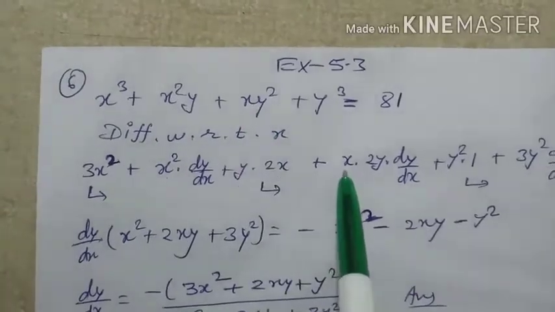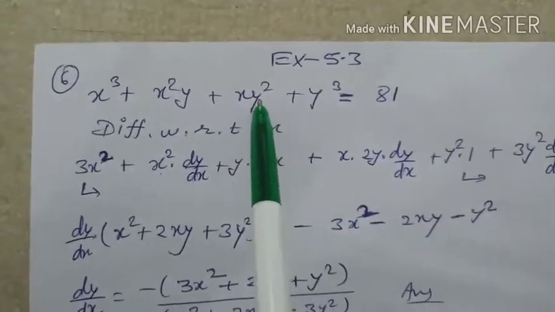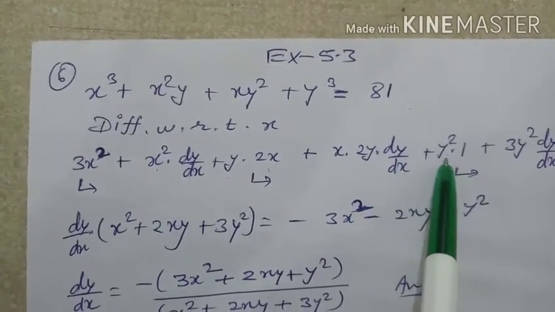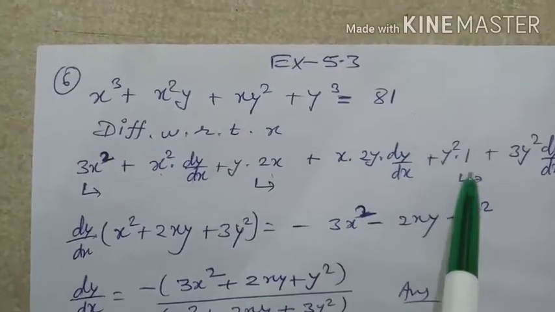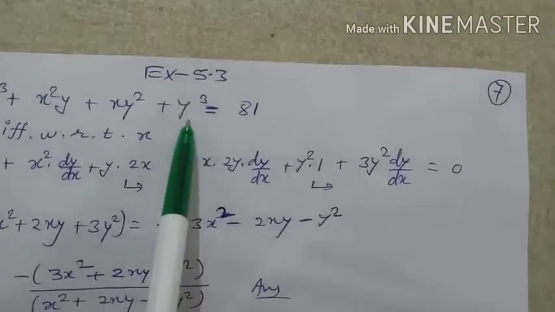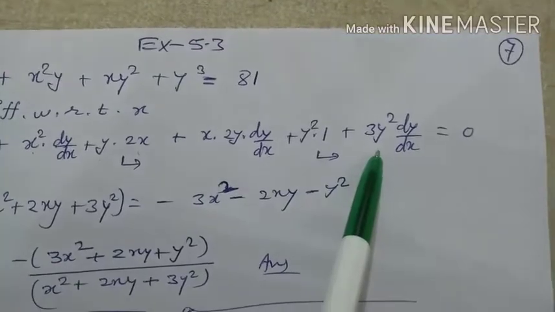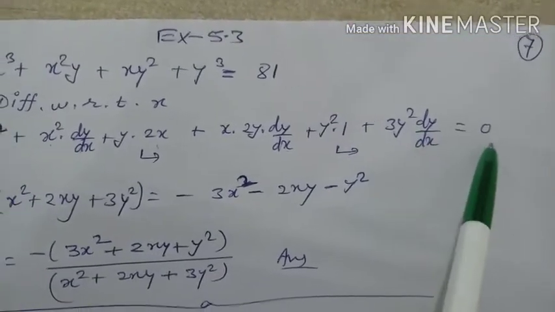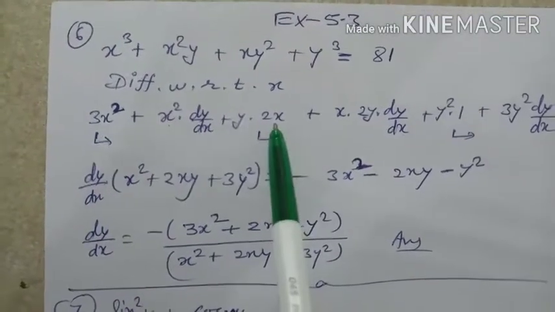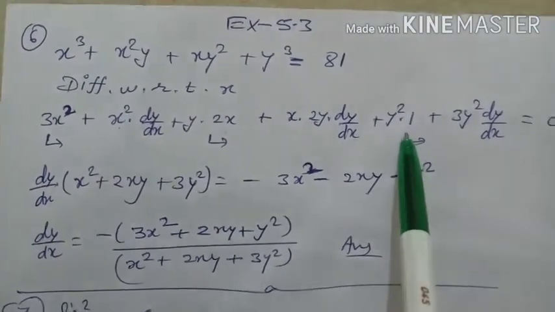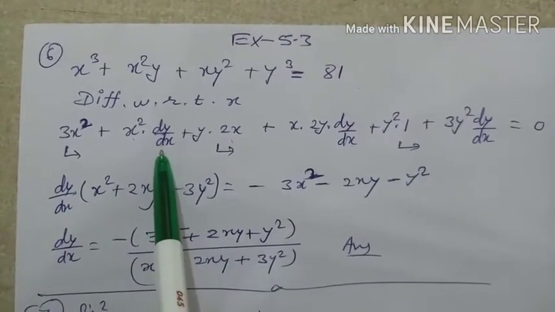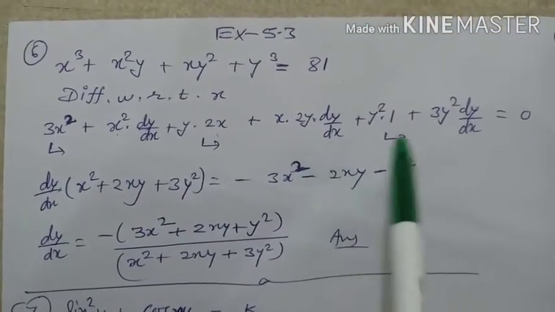So first function x as it is, differential of second, so differential of y square, which is 2y, but dy upon dx also, plus y square as it is, and differential of x, that is 1, and differential of x cube, y cube, which is 3y square into dy upon dx equal to 0. Okay, here 3x square plus 2xy, and this y square transfer into right side, and here dy upon dx present in second, and this is the fourth, and this is the last.